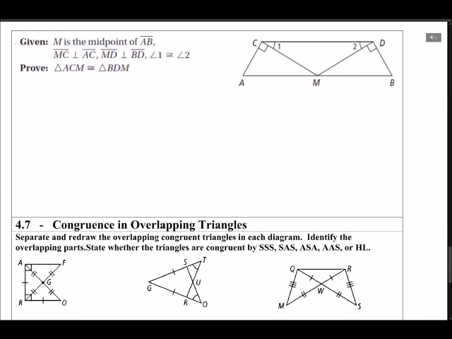Next proof. M is a midpoint. So midpoint tells me two congruent segments, midpoint of AB. I'm going to go find AB. There's my midpoint. I am going to mark those congruent and make my little note. That's definition of midpoint. And, ooh, we've got some perpendicular things going on here. Perpendicular, perpendicular,